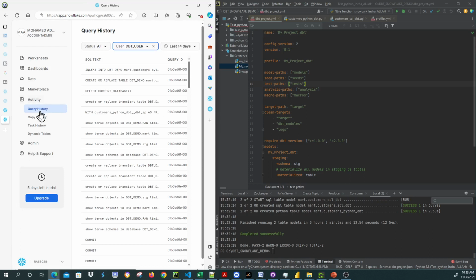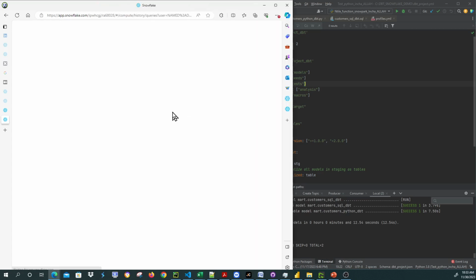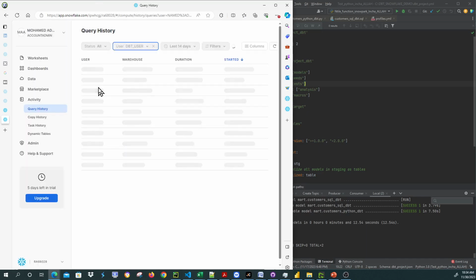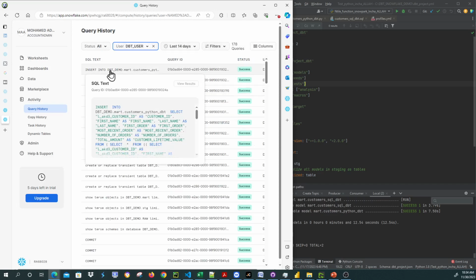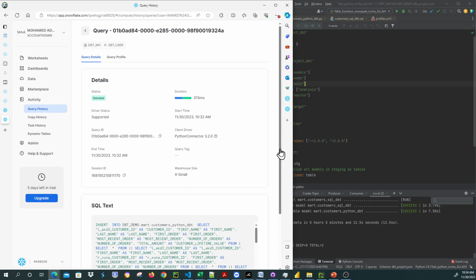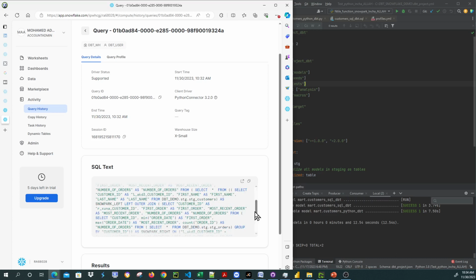Here on the activity side, we see all the generated queries that were pushed down to Snowflake from Snowpark. Here the last one is for the customer. It is populating with an insert the Mart schema and the customer Python DBT, using all the generated code from the